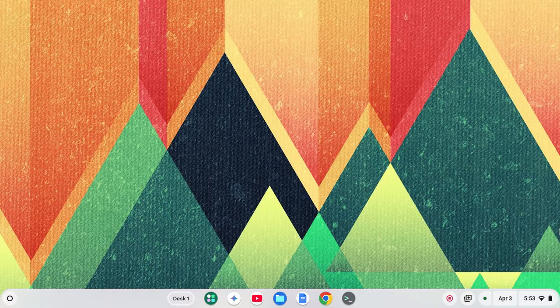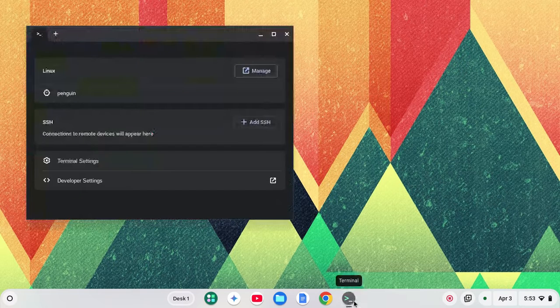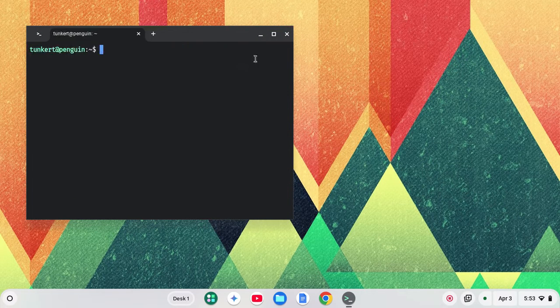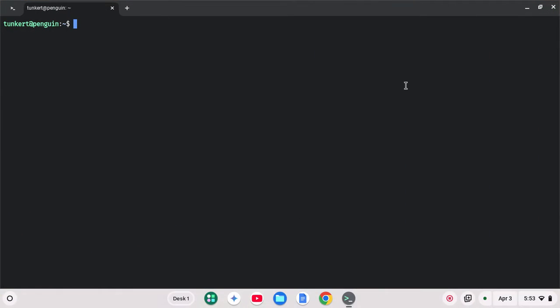So once you install Linux, as I walked through before, this terminal will pop up. I like to pin it because it's good for installing things and if you'd like to use the terminal. So I'm going to open it up. You click on Penguin here. And I'm going to maximize this, and let's make the font a little bit larger so you can see what